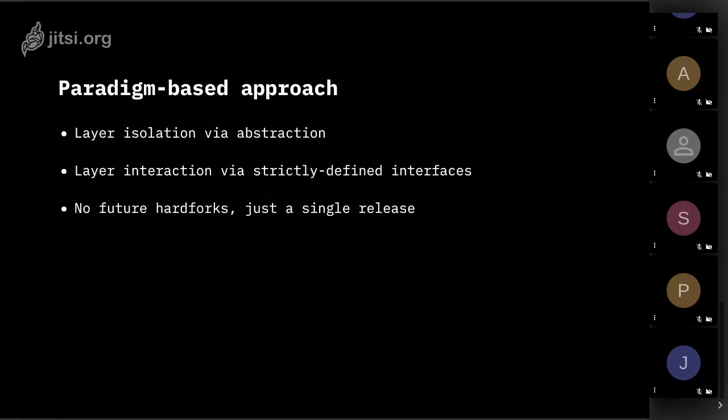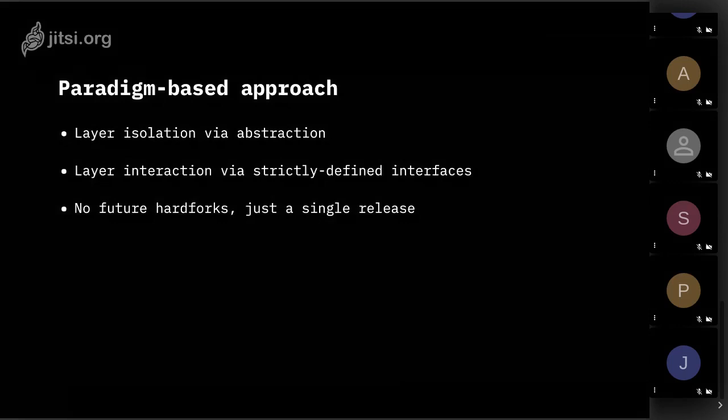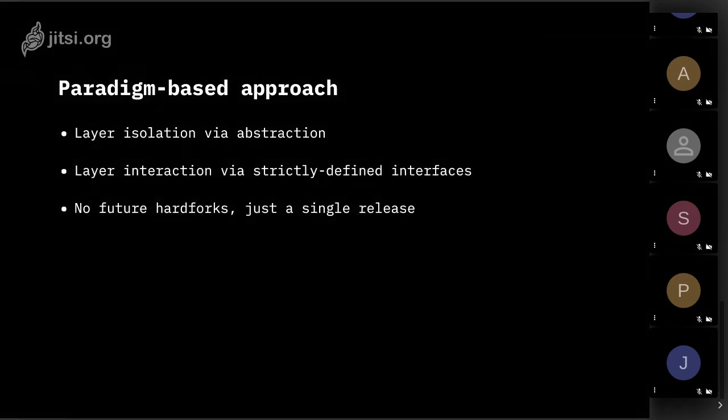In designing and doing RGB, we used a paradigm-based approach. This way of doing things was proposed and strictly promoted by Peter Todd, who was one of the people behind the initial RGB vision, the vision behind client-side validation. The concept is quite different from many other systems being designed in the sphere today, in that we try to isolate different parts of the system through abstraction and integrate these parts through very strictly defined